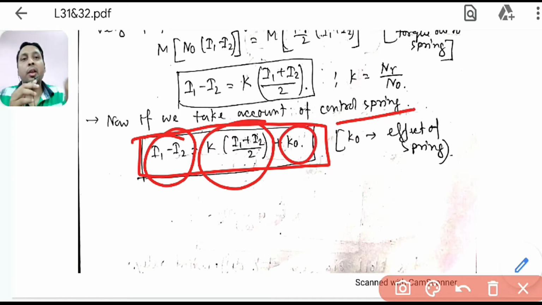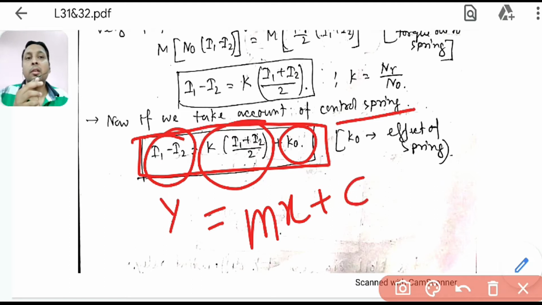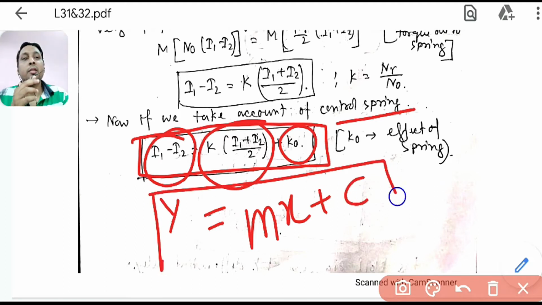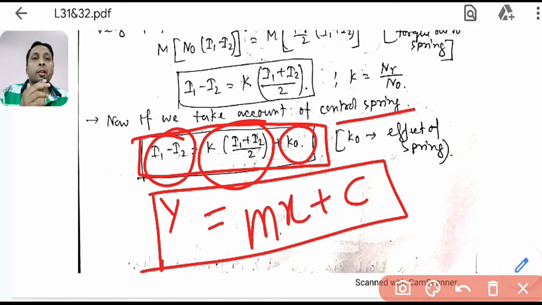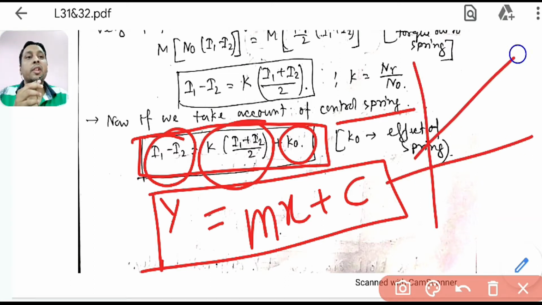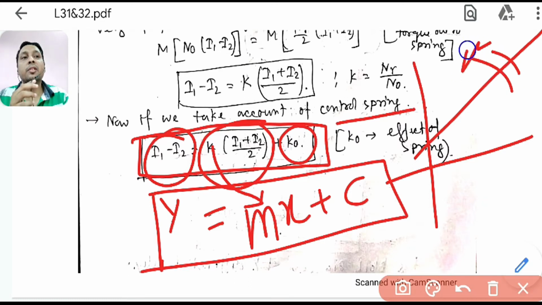Now if I treat this as y and this as x, then y equals mx plus c. How does this famous format look? You can recall your straight line, y equal to mx plus c. This looks like a straight line. Here, what is m? M is here k, and m can be changed. You can change this m this side or this side depending on the value of k.